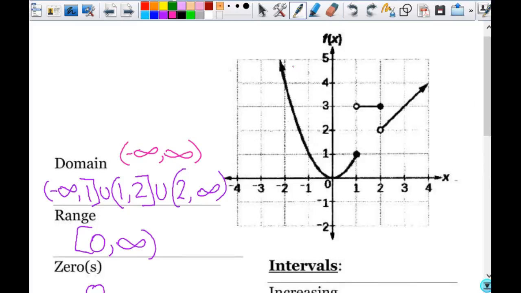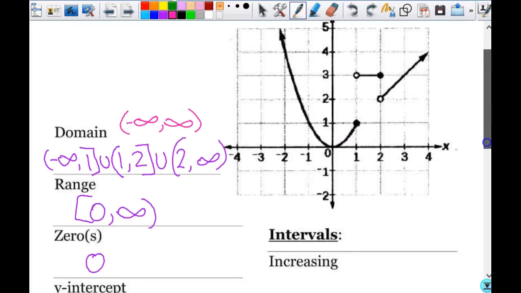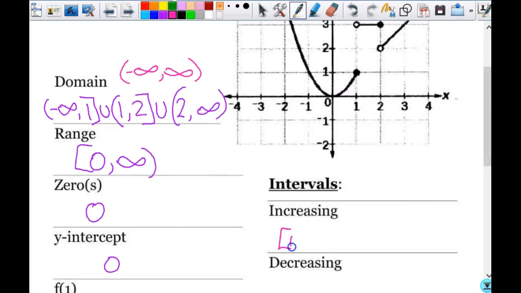So if I start at negative infinity and I'm doing this, are my y values increasing? No, they're decreasing, right? They start increasing right here at what? 0. Okay, and then they increase to here, which is 1. Okay, so that first part is going to go from 0 to 1,